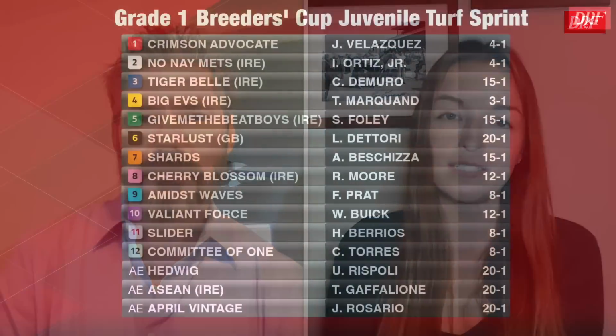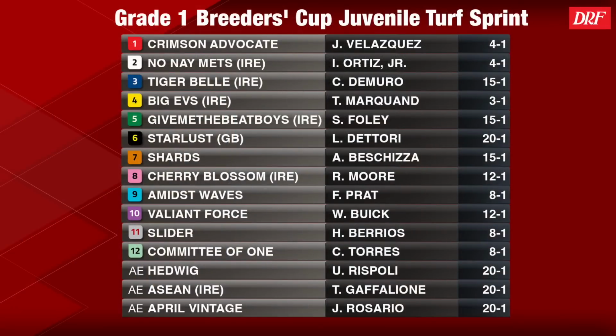She was talented on dirt. She's talented on turf. Another horse, though, who has a lot of speed and probably wants to be forward. Yeah, it's going to be interesting. You pointed out the speed towards the inside. It might actually in some ways help some of the horses towards the outer side in terms of getting a